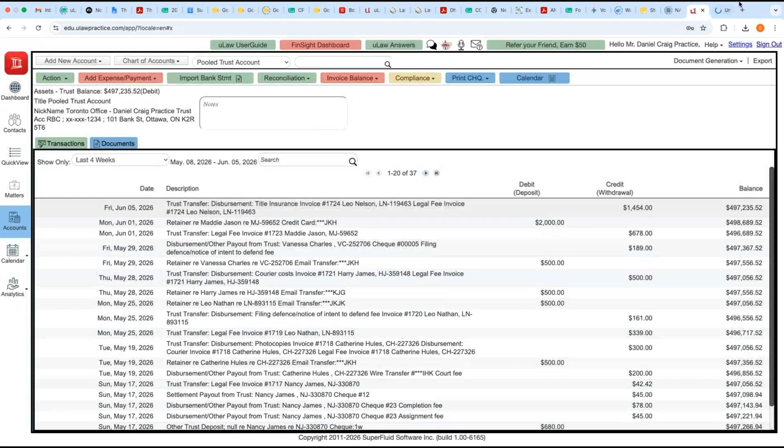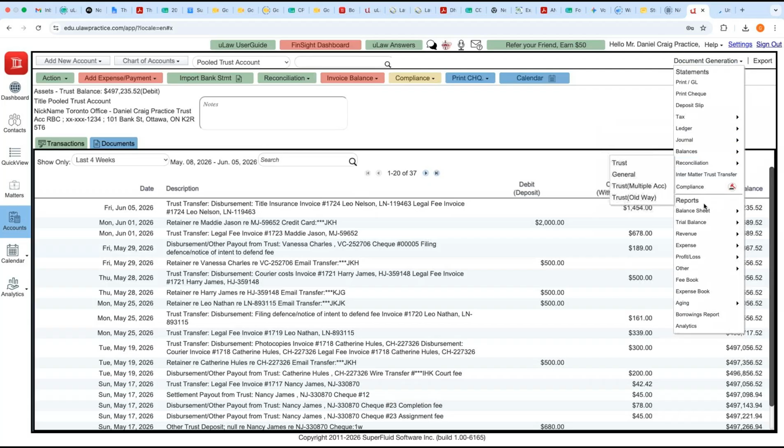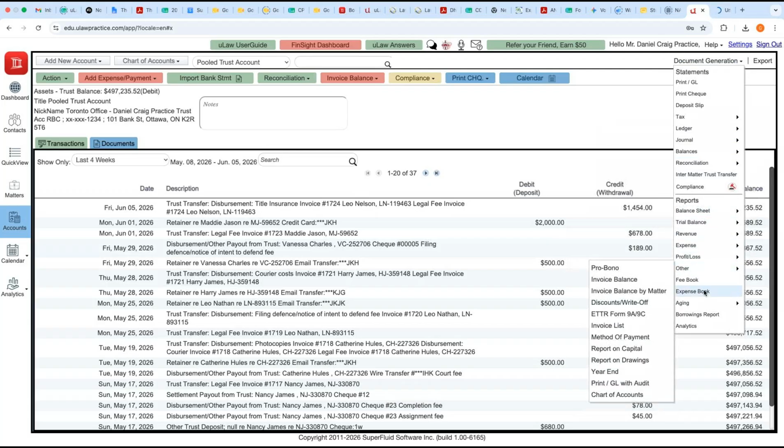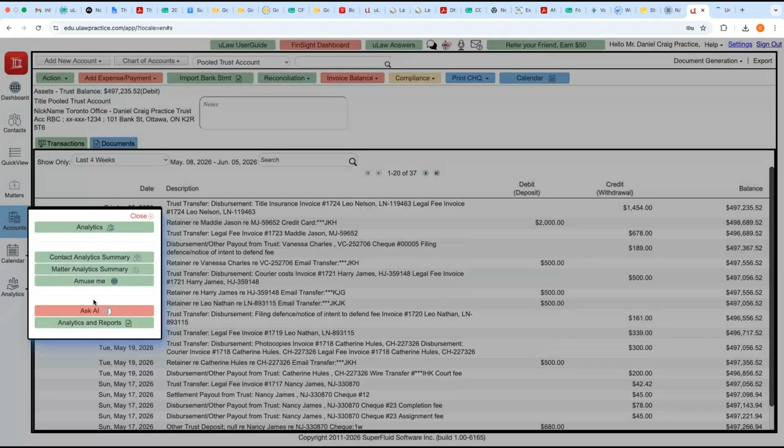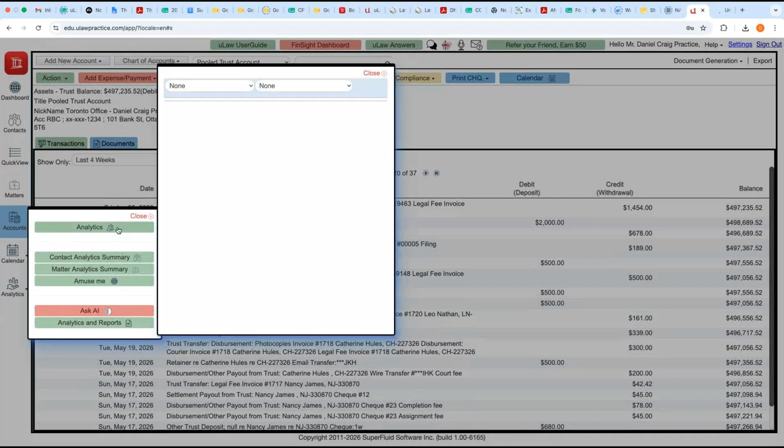Okay, let's wait for the report to generate. Meantime, the other reports are readily available under document generation. This would give you an idea of your expense book. You can also do your expense by category. So if you go under analytics, you have something called Ask AI and Analytics and Amuse Me. These three tabs will give you a vast picture of what the software is trying to tell you based on your inputs. But if you go into analytics, you could also do something called